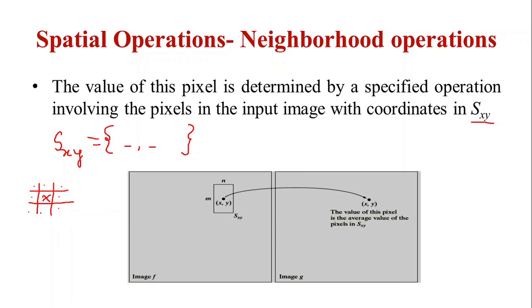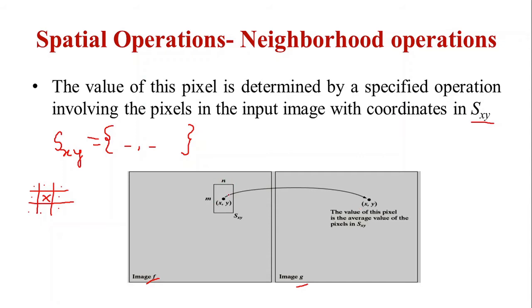So here, have a look at this figure. In this figure we have an image f, from which we get image g after applying some operation. And here my operation is basically a neighborhood operation, where the intensity value at one particular position is computed with the help of its neighbors in my transformed image, or you can say the image obtained after my spatial operation, right? So just have a look here.